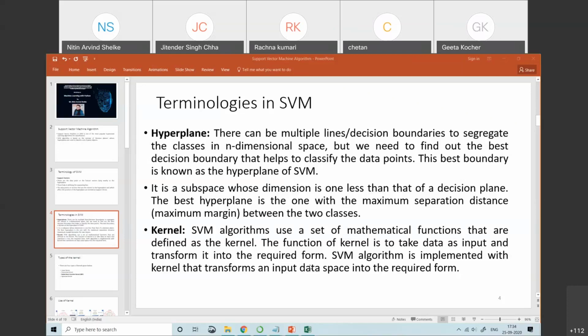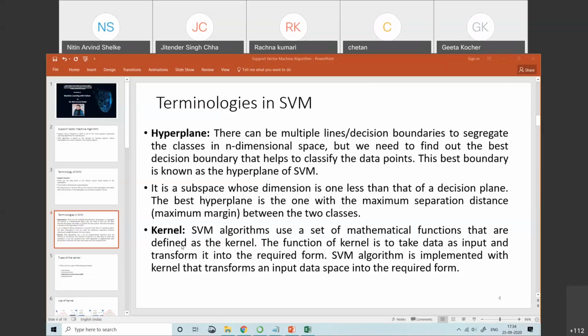This SVM algorithm is implemented with the kernel that transforms the input data space into the required form. For example, if you have data in three-dimensional space that does not get categorized properly, you can use the kernel to first transform it into two-dimensional space and then divide the data.